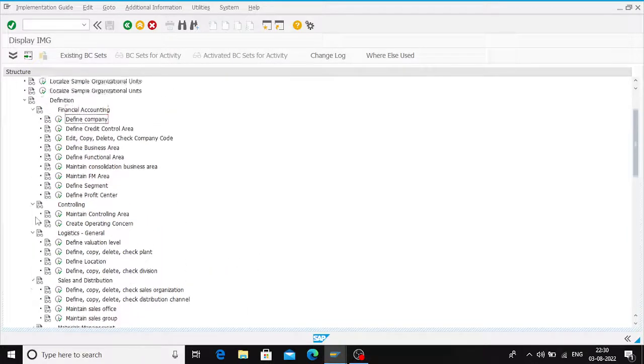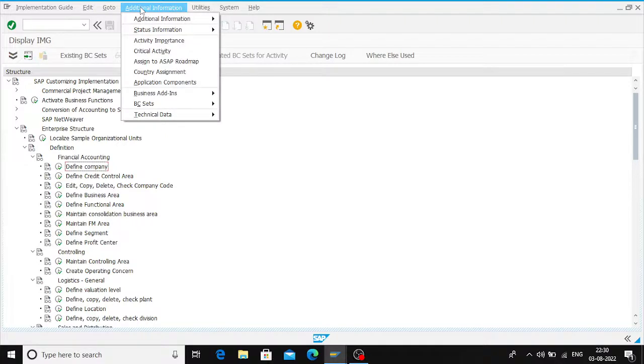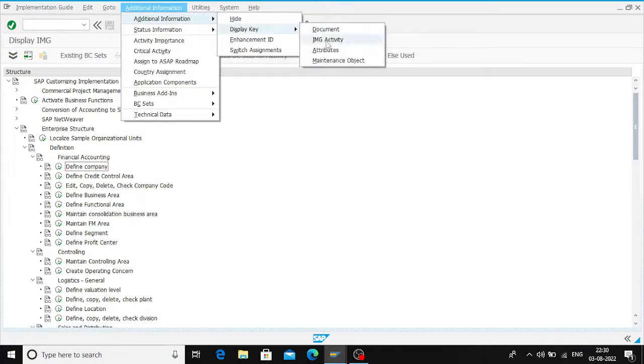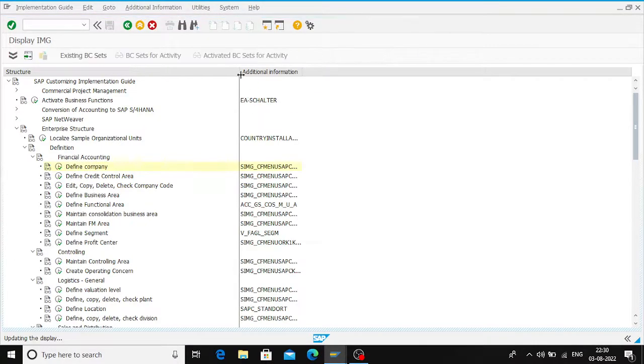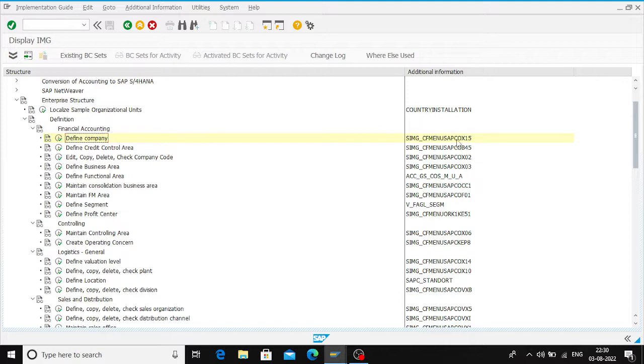So what we can do is come here, SPRO, SAP Reference IMG and this path. Then we click on additional information, then again additional information. Then we click on display key, then attributes. What will happen is your screen will get divided like this. You can drag this to the right, and drag it from here as well. Now you will find the last four alphanumeric digits